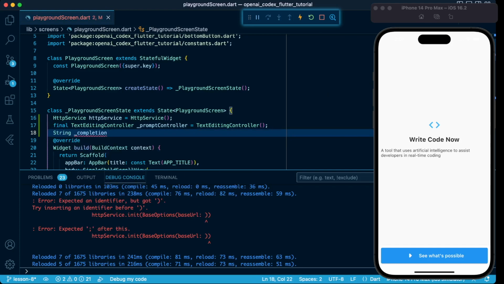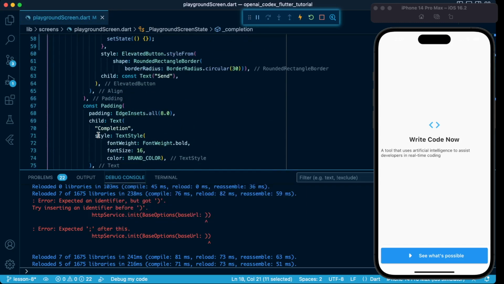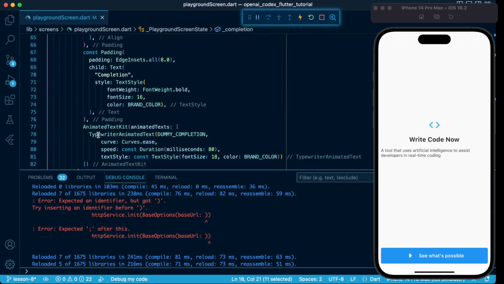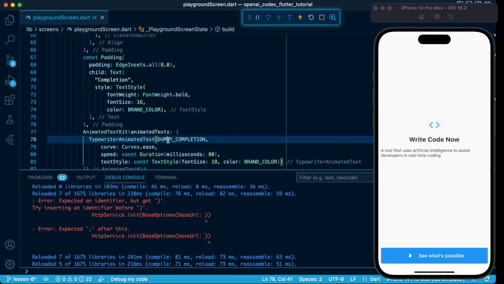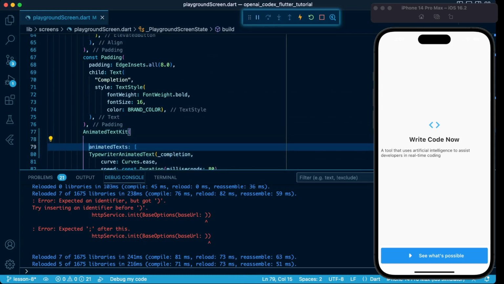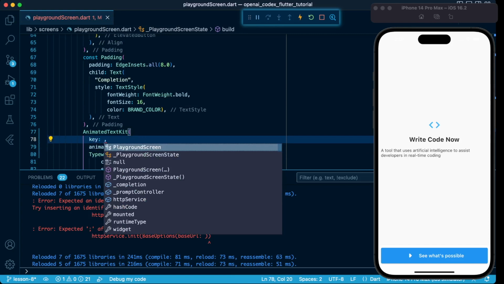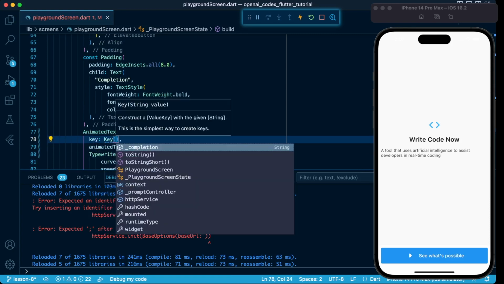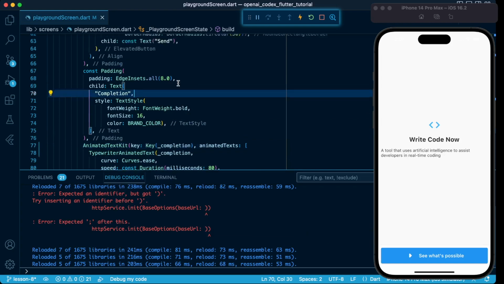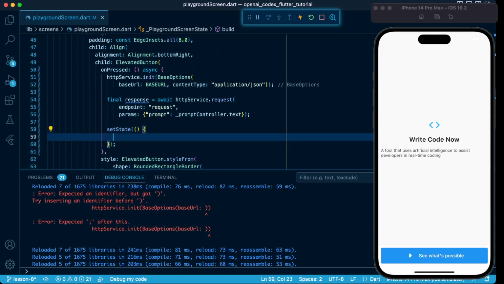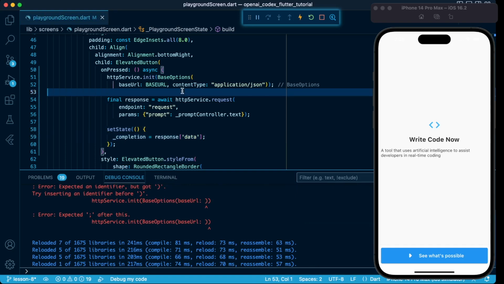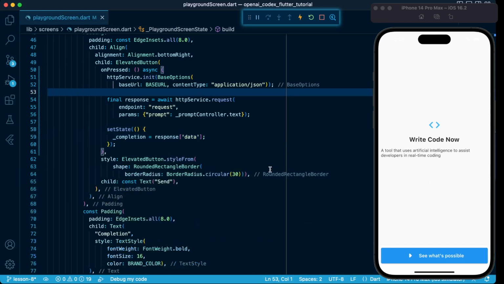Great. So what we want to do is, when we get the result, which will be in the final response variable, we want to set it to, instead of setting the dummy completion, we want to set whatever OpenAI Codex model has returned to us. So we're defining a string called completion and setting it on the animated text kit, so that when we get the response, we do a set state where we set the completion to whatever has been received. So if we try and test that, all that we have created,